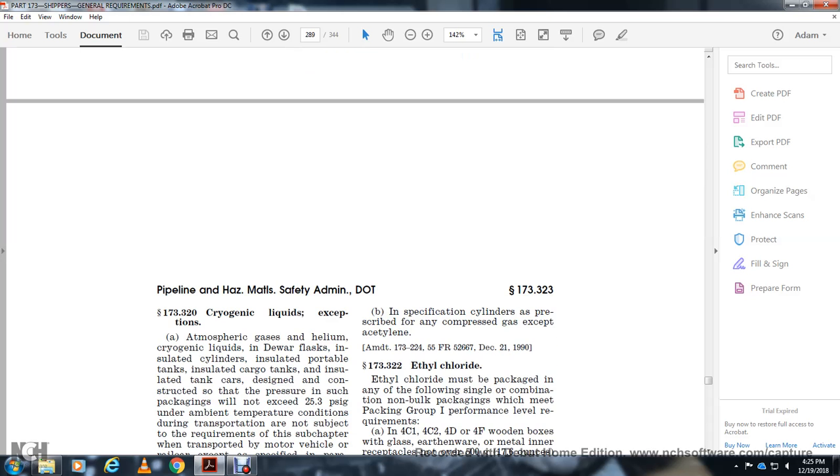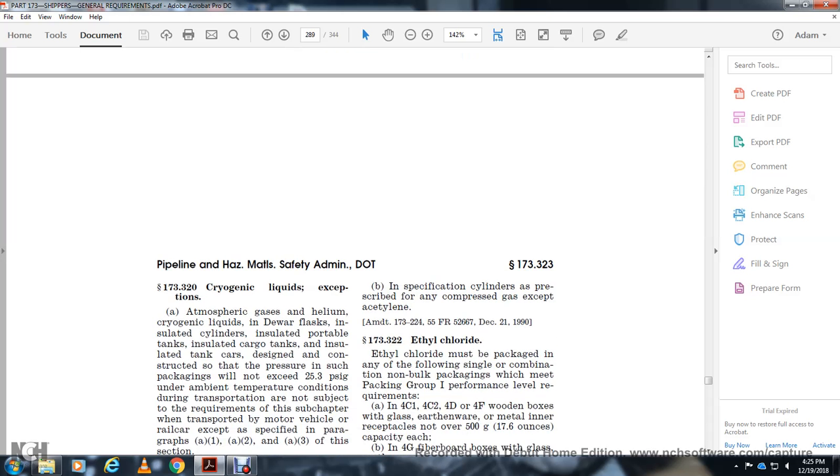173.320 cryogenic liquid exemptions. Atmospheric gases, helium, cryogenic liquid, Dewar flask, insulated cylinder, insulated portable tank, insulated cargo tank, insulated tank car design. Construct with the pressure and package of 25.3 PSI gauge at ambient temperature during transportation, not the requirements of the subchapter for transport by motor vehicle or rail car, except